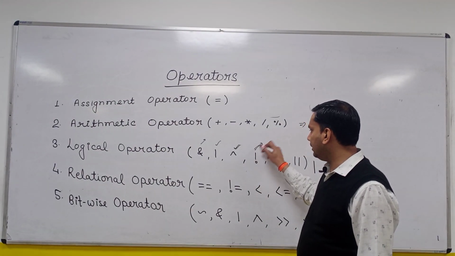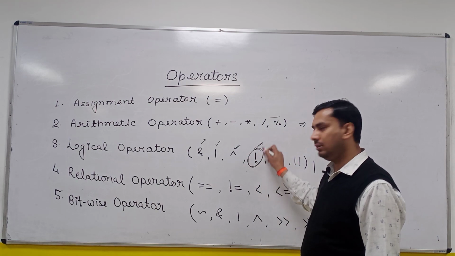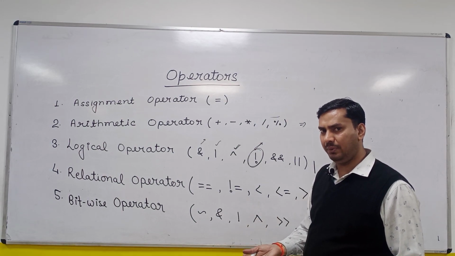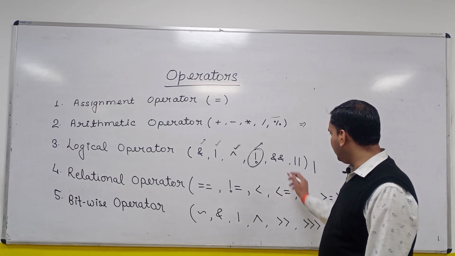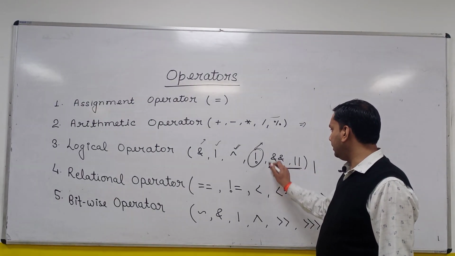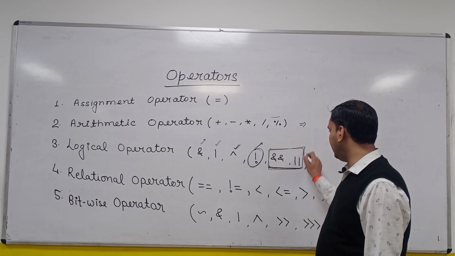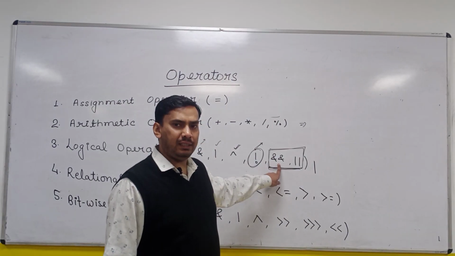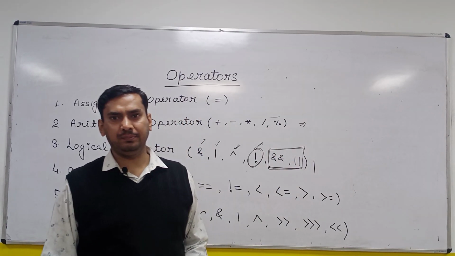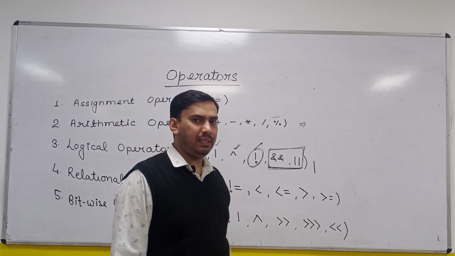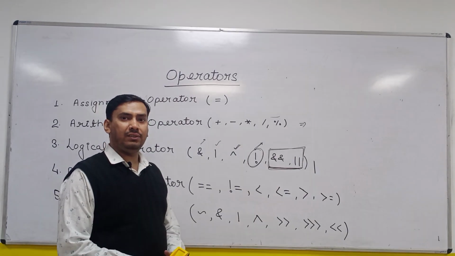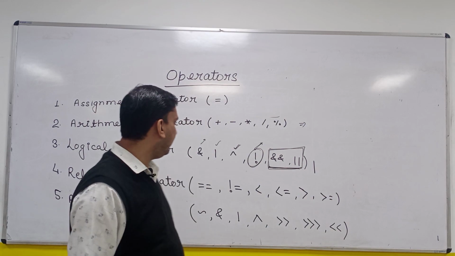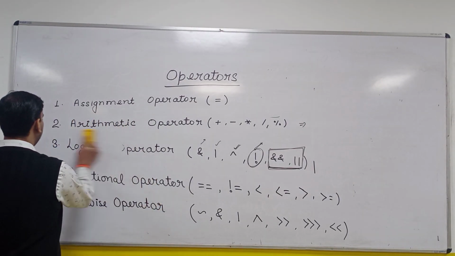Then this is the NOT operator, logical NOT. This is a unary operator also. It says if the operand is true, NOT will convert it to false, and if the operand is false, it will convert it to true. Now there are two important operators in the logical category, which are again asked in interviews. This is called short circuit AND and this is called short circuit OR. These operators are very vital when you write logical code, and they have some important behavior that we have to understand.